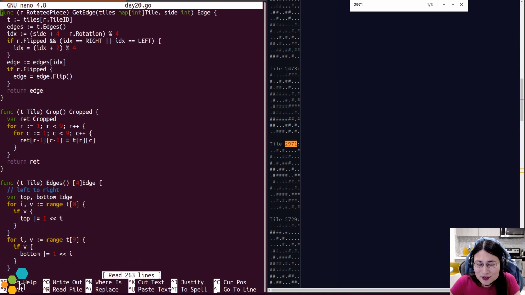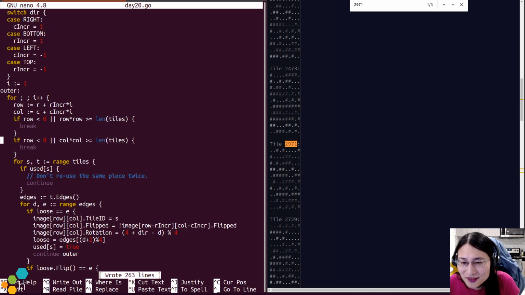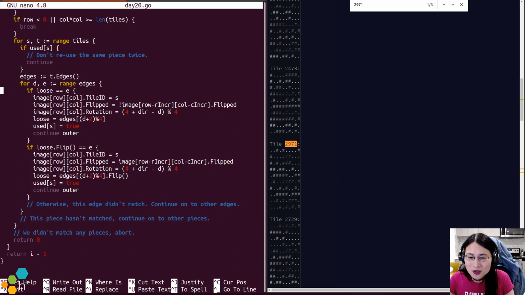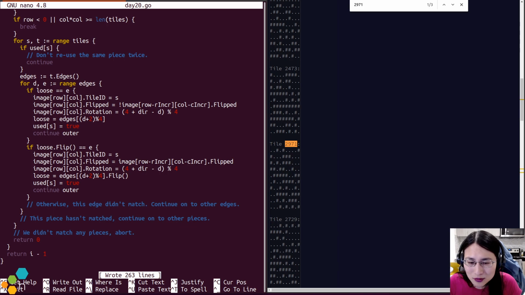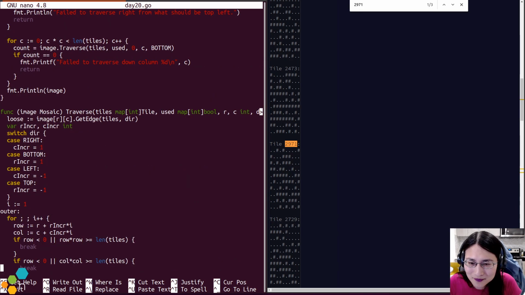All right, so my suspicion now is that I am recording the incorrect rotation, or my math to determine what the leading edge is wrong. So let's check this.